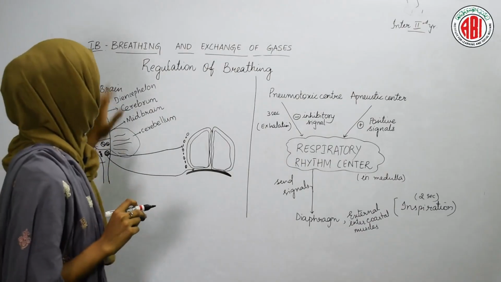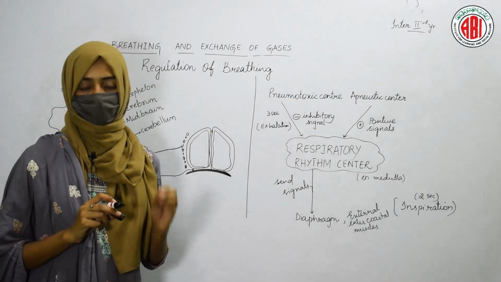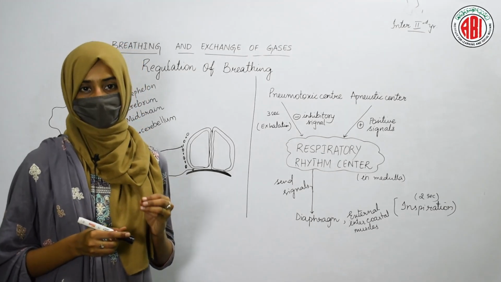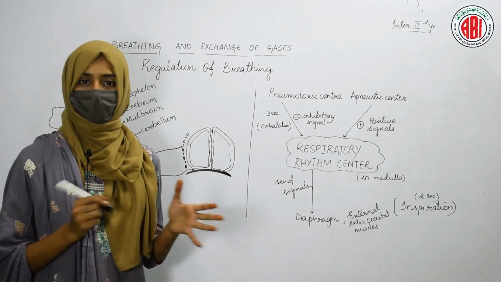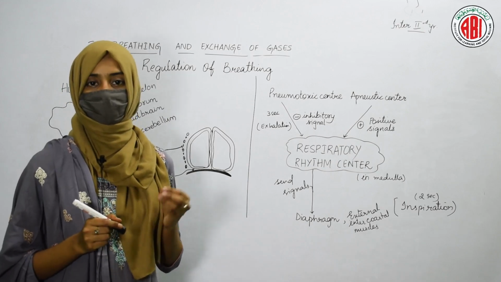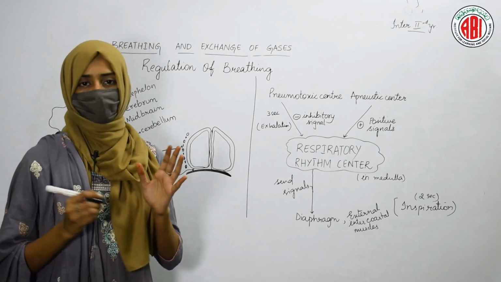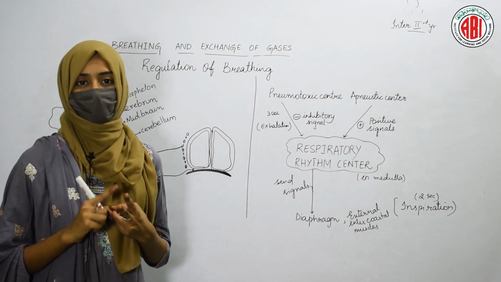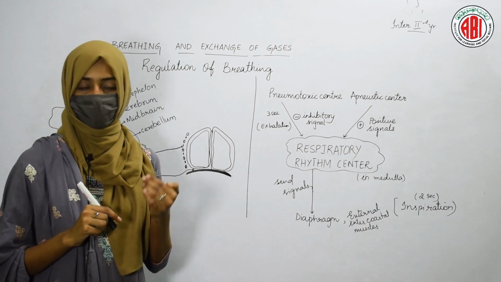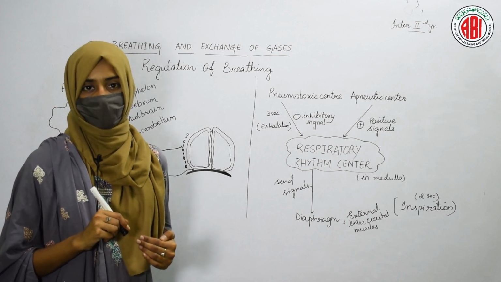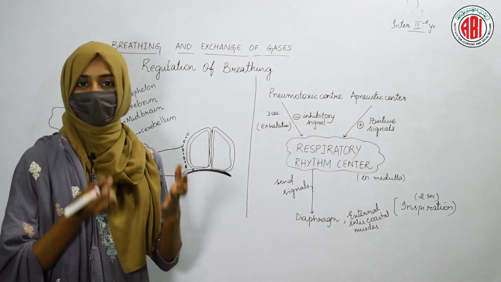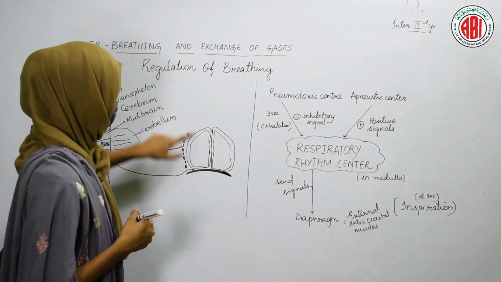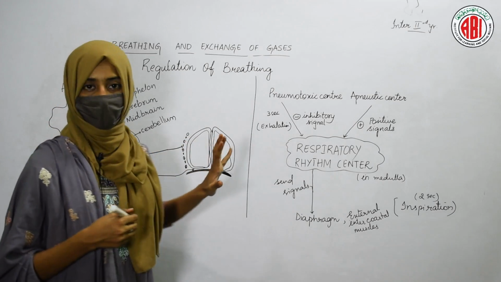Let us now discuss the topic regulation of breathing. We have discussed the different respiratory organs. We have learned about the contraction and relaxation of muscles due to which breathing can be done. We have seen that muscle contraction takes place in two muscles. Inspiration can be achieved by a person: the air can enter into the lungs due to the contraction of the diaphragm and the intercostal muscles of our ribs.